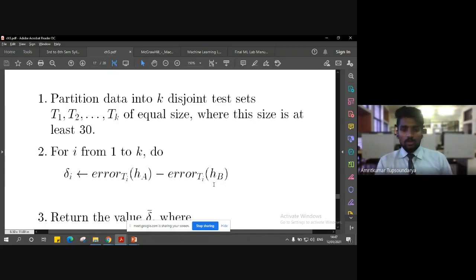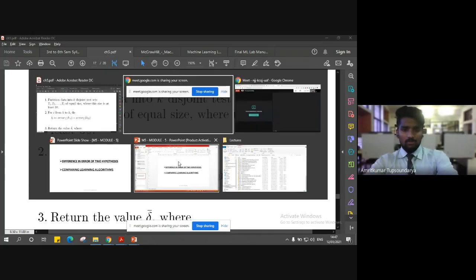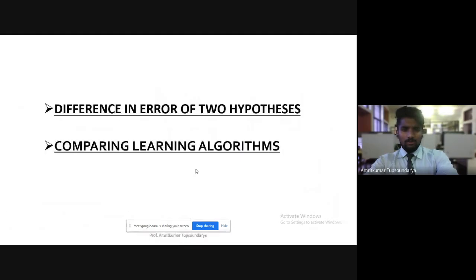So now I think it is clear how we can compute the difference in the error of two hypotheses. Let me show that slide again. So this difference in the error of two hypotheses, as I said, Ha and Hb, is nothing but the delta value.